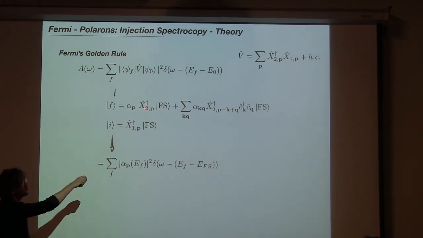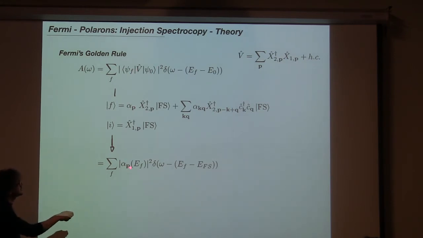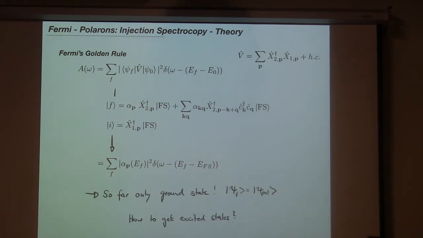Well, this actually works with this term over here, but it only works if it's exactly at the same momentum. So this term cannot contribute to this overlap because that's at a different momentum. So actually what we build is that this object here just becomes this alpha p squared. And again, this is just what we called before the quasi-particle weight. That's the reason why the height of the peaks in absorption is just the quasi-particle weight. Okay, I can't even tell you anything how to calculate this.